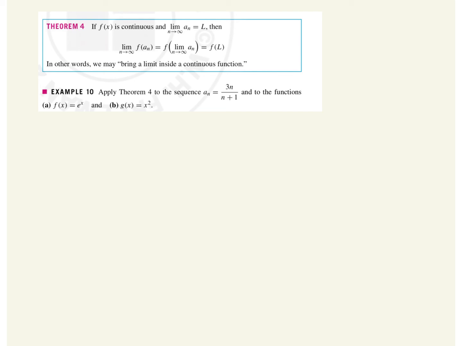In this example, a sub n is given as 3n over n plus 1. F of x is equal to e to the x power. And we are using this theorem 4. So example A would then say f of a sub n is equal to e to the a sub n, which is equal to e to the 3n over n plus 1. Right? And the theorem then says, well, if I want to take the limit as n approaches infinity of this thing,